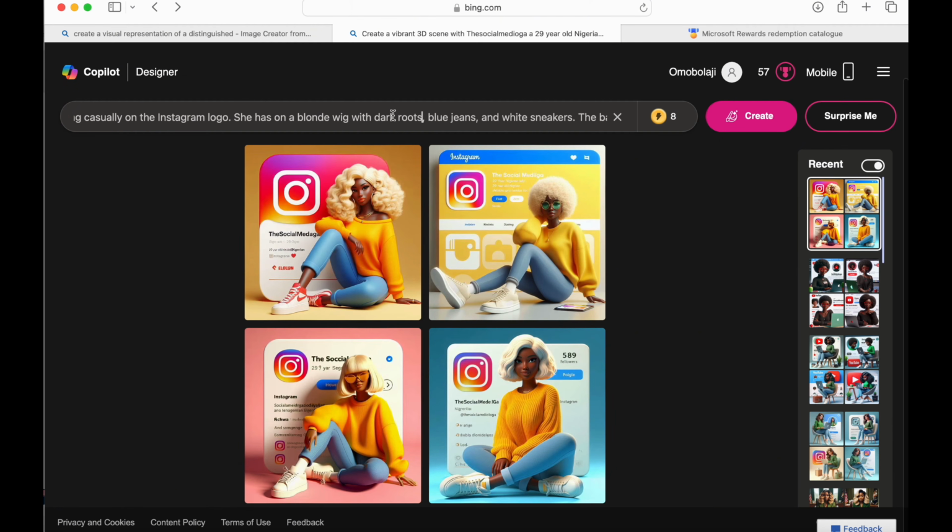All right, blue jeans and white sneakers. I'm also going to say the background, the Instagram colors should be green, basically,